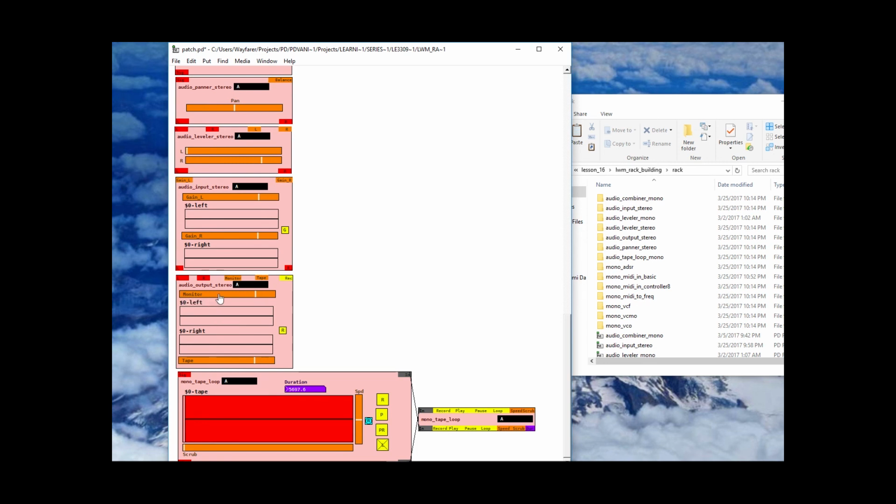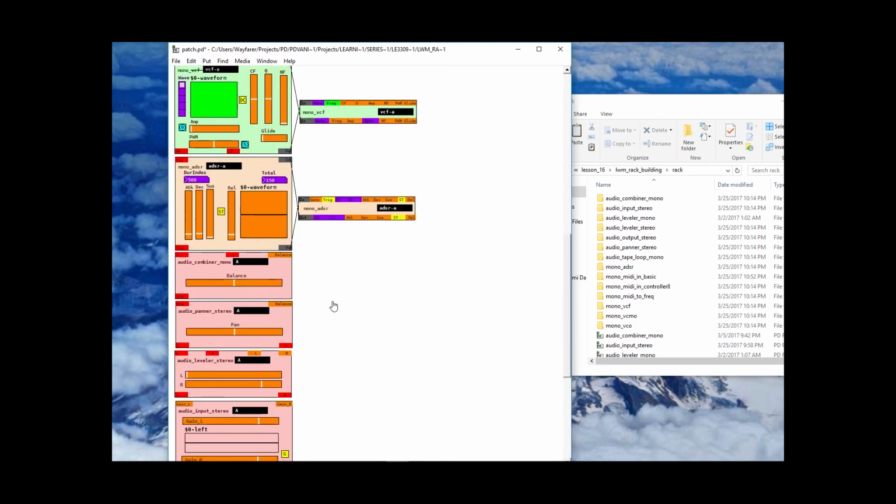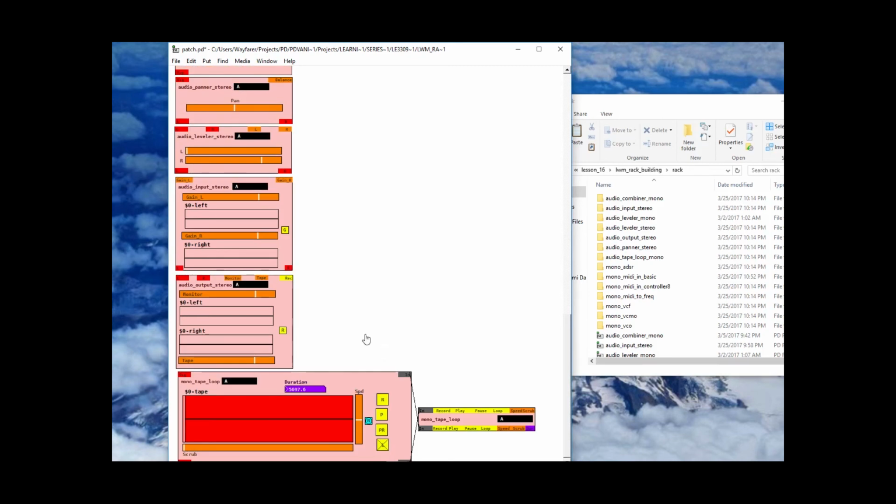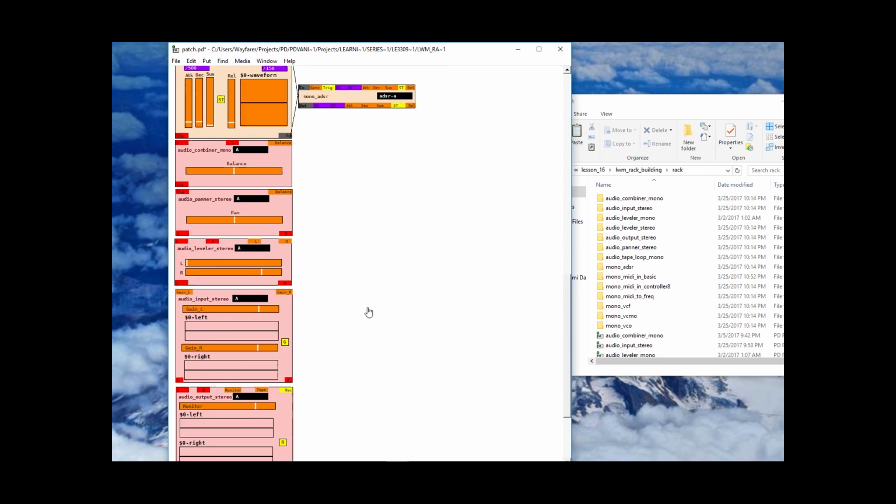And so it has like a monitor level and what we call a to tape level. Basically, this is the level recorded to tape, and this is the level that you hear coming out, because it's basically also like your DAC, which you would use at the end of your synthesizer if you're building a synth, or at the end of your sampler. The audio input pretty much right now gets used with the sampler,